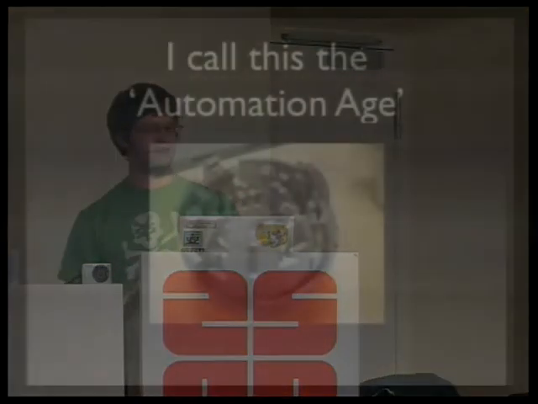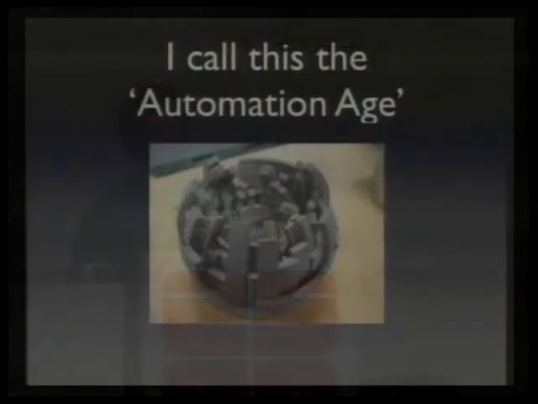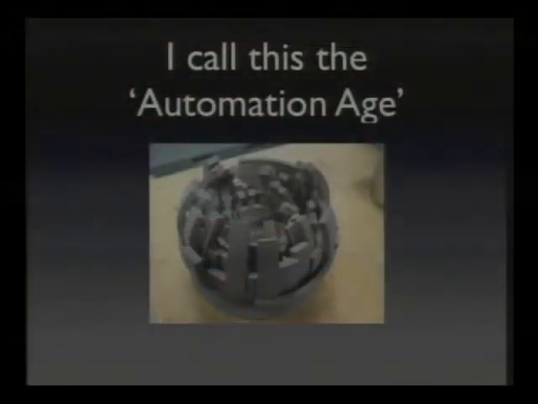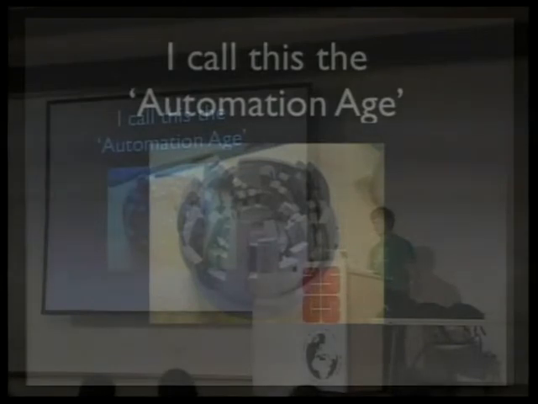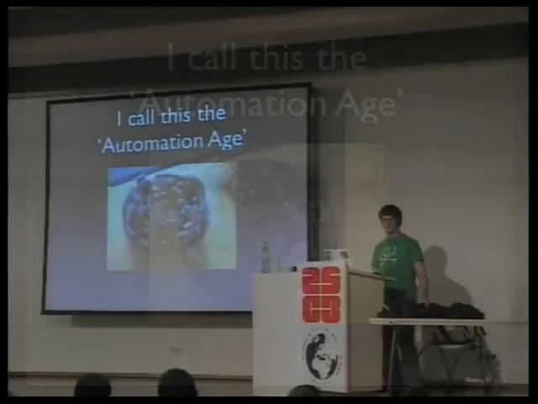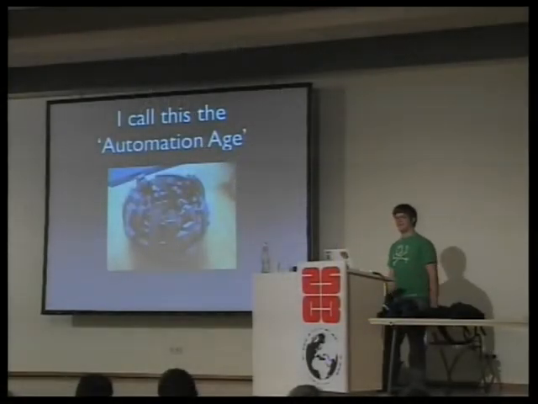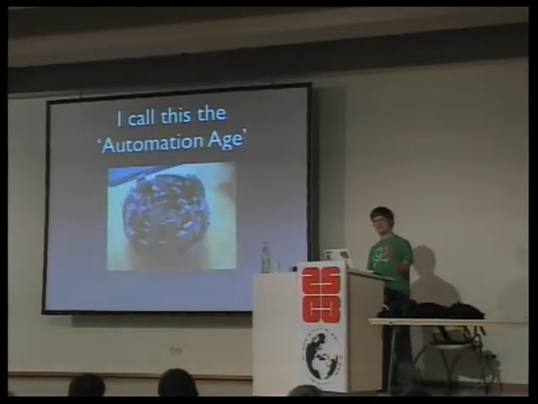Throughout the course of human history, we like to classify the nature of our technology into the materials and things that define the age. We've had the Stone Age, the Bronze Age, the Industrial Age, the Space Age, the Information Age, and now we're going to have an age of automation where you can design something and then a robot will go out and do it.